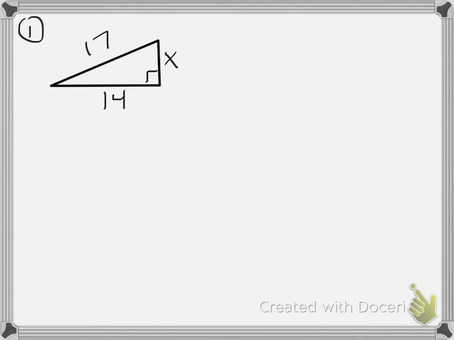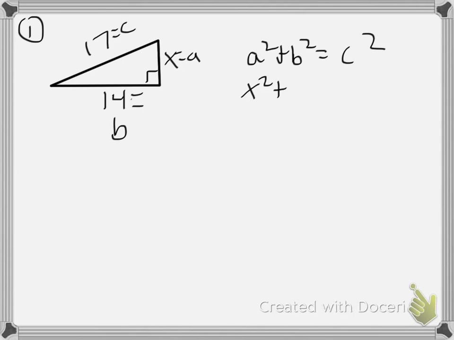So Pythagorean theorem, a squared plus b squared equals c squared. So that should be pretty easy. Back to 7th grade here somewhere. x squared plus 14 squared equals 17 squared. So x squared equals,